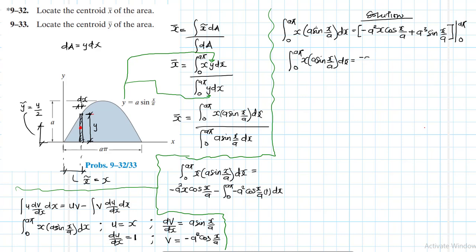We have a minus what? A pi into cos, there a and a cancel, we'll have a minus 1. Cos 180 is minus 1, and the minus becomes positive, right? So this becomes a cubed